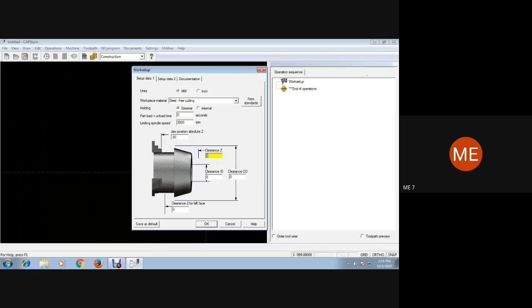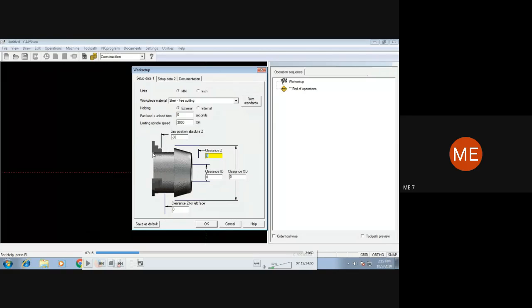Say for example our raw material workpiece length is 100 mm, and based on that the z is going to be at -80, so that another 20 mm is going to be inside the chuck.